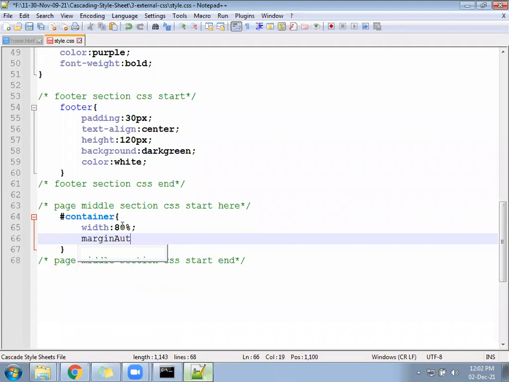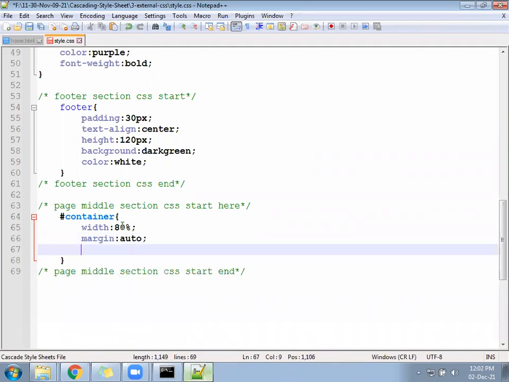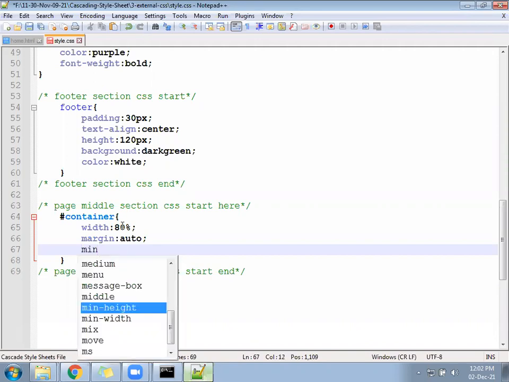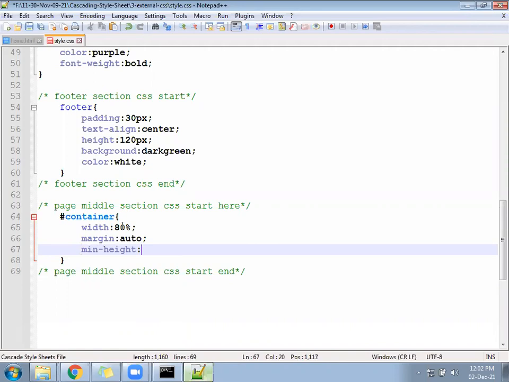So it will take 80% in the center. Margin colon auto. It will take 80% in the center. And after that, minimum height 450 pixel.